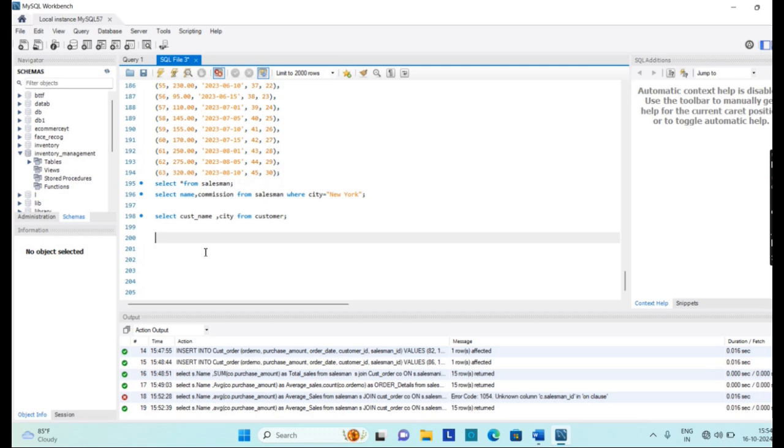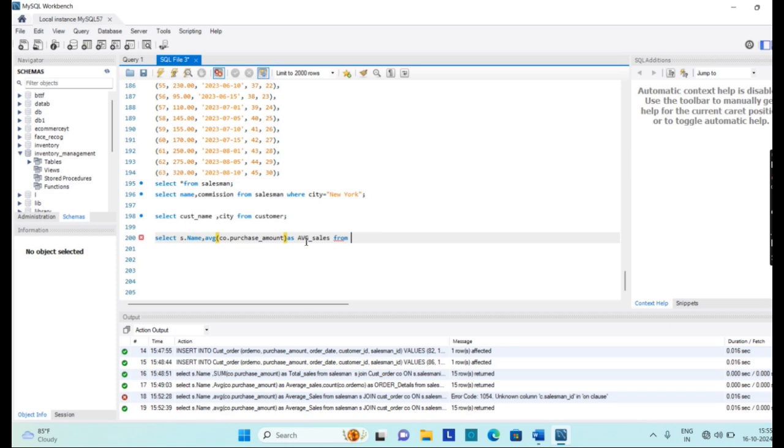For writing this query, we will write select S dot name comma CO dot purchase amount, and we have to find out the average sales. So we will write here the average function, average as average sales.